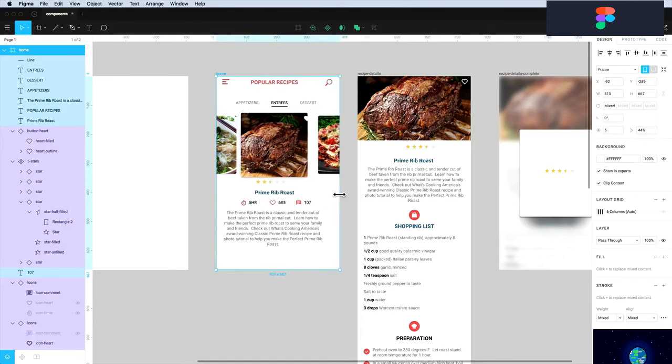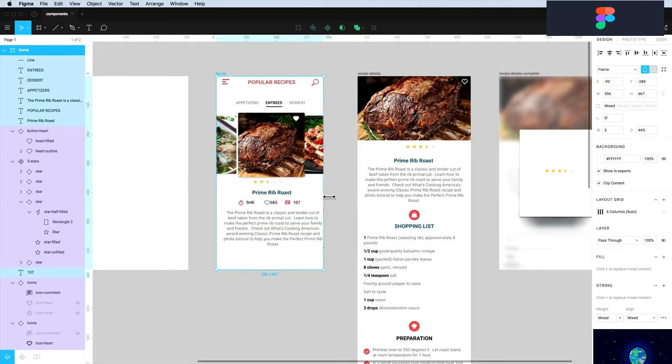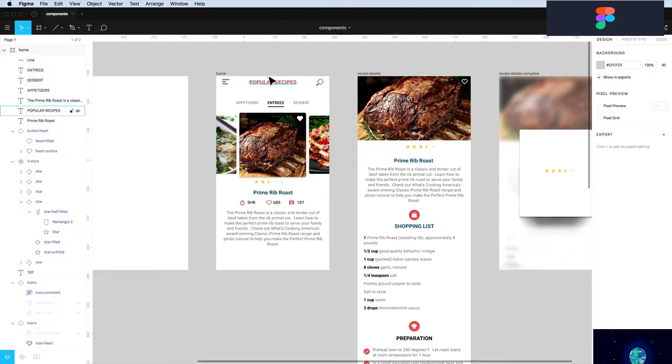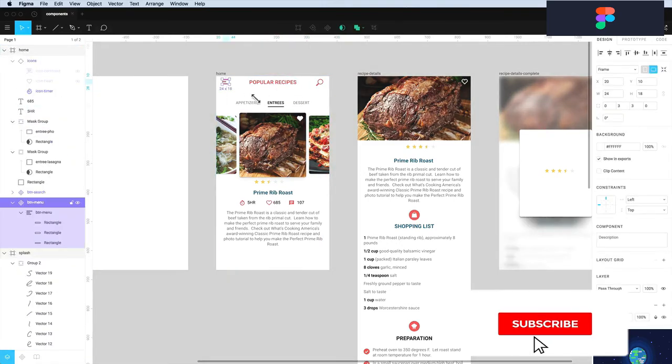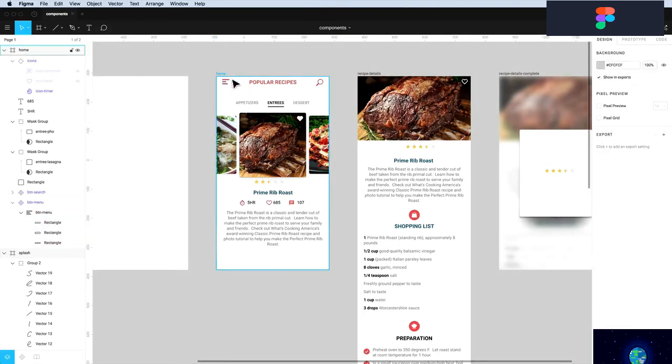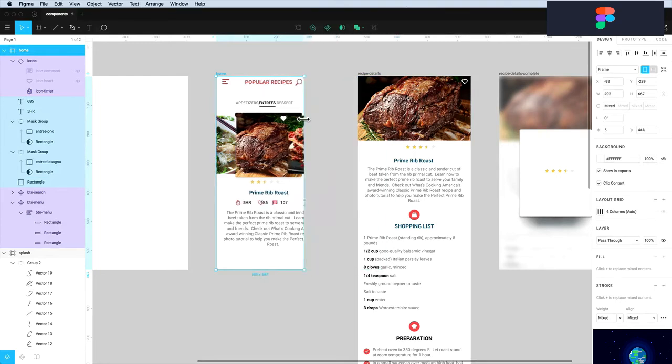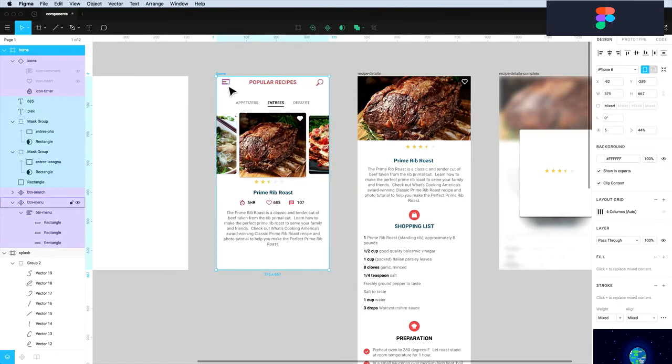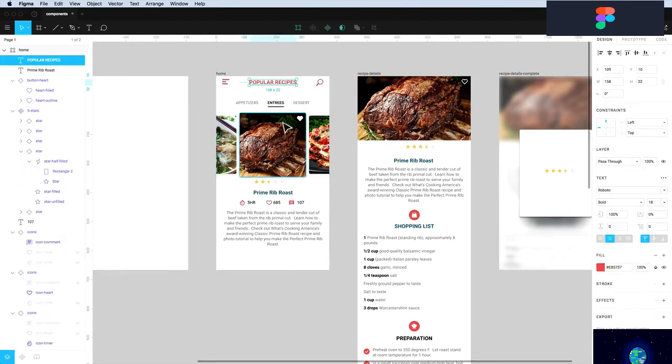So the first thing we do is test this out. We can see that things are broken here. So going down one by one, let's just fix this top area right here. So we know we want this icon to be constrained to the top left of this frame. So now when we try this, you can see that's exactly what we want it to do here. We're going to hit Command Z to resize this back to where it was, and now this Popular Recipes, we want to center this with the frame, and instead of the left top, we want this to just be centered,